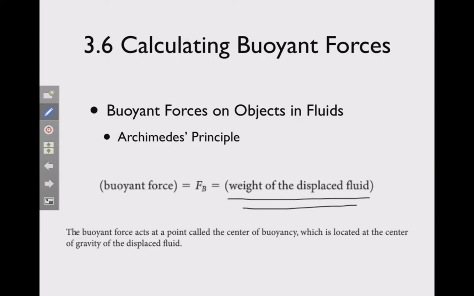And a good example of this is if you have a glass of water, say, or soda, and you take some ice cubes, say 3 or 4 ice cubes, and you place them into the top of the glass, we know that ice floats. It floats because there's a buoyant force on it. And if you put the ice cubes in there and you just let the glass sit there for a minute, everything will come to rest. And at that point,